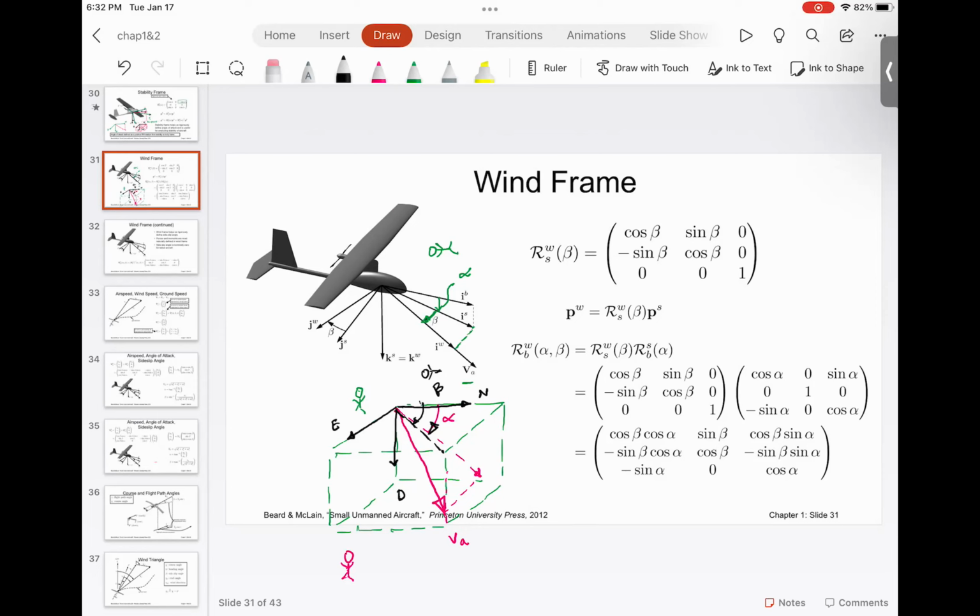That's why you see that the rotation matrix that we have is of the form cosine beta, minus sine beta, sine beta, cosine beta. But since the sequence of the frame is changed, it's from wind to stability, we have the transpose of the rotation matrix. Everyone understood this? Once again, the convention here is wind frame